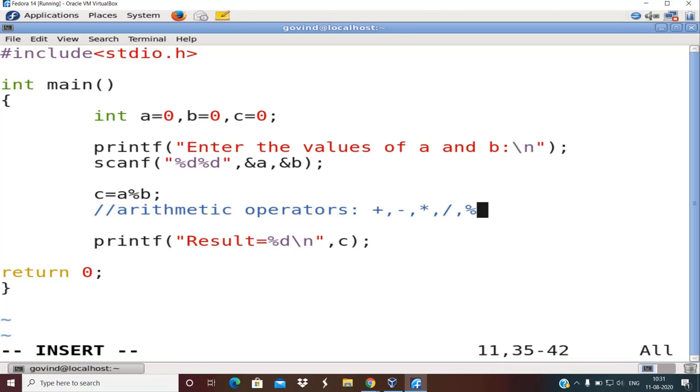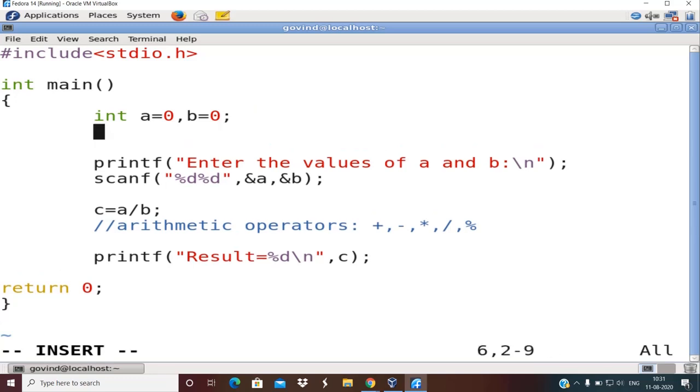These are the only arithmetic operators that are available in C. Okay, right. So next, what if I want to display the actual result? When I specified a division operator over here, and when I say A is 10 and B is 20, the answer was 0. So I want to display 0.5 instead of 0. How do I do it? As told earlier, this C must be made as float, right?